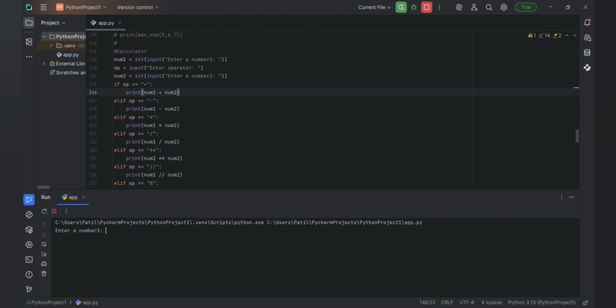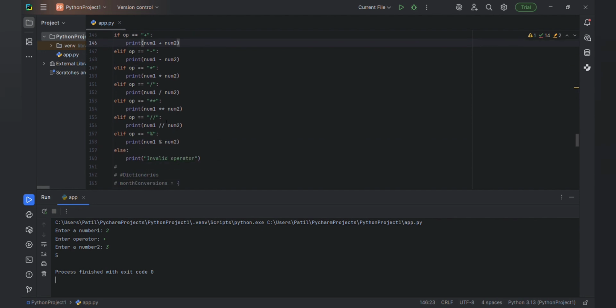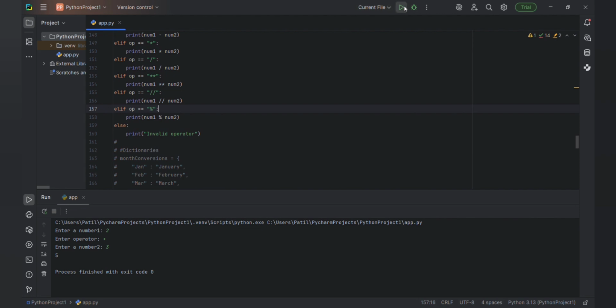So if I enter 2 as a number, plus as an operator, and 3, it will sum it to 5. First plus, if you entered that, it will operate; minus this; asterisk, then multiply; then divide; then power. These are all the operators which I have already mentioned, and this is the remainder. If you entered any invalid character that is not mentioned there, it will print invalid character.